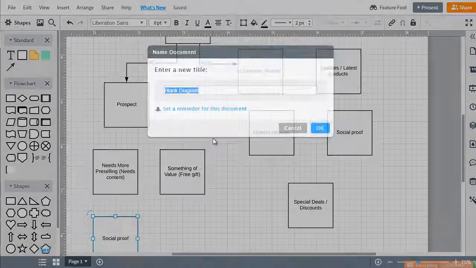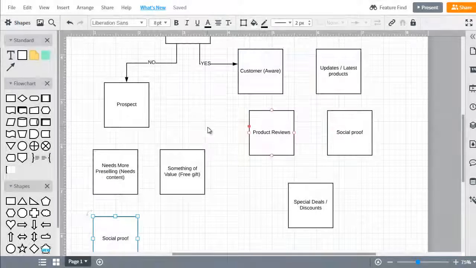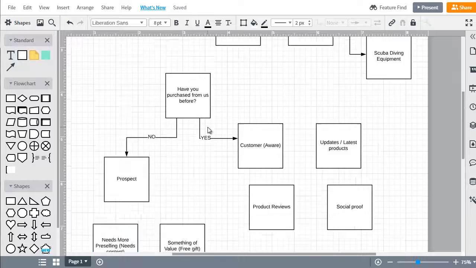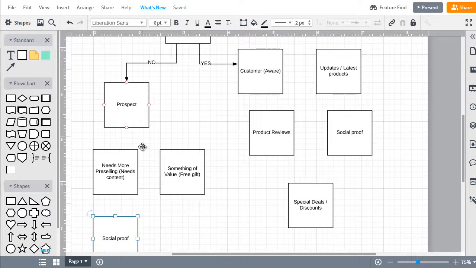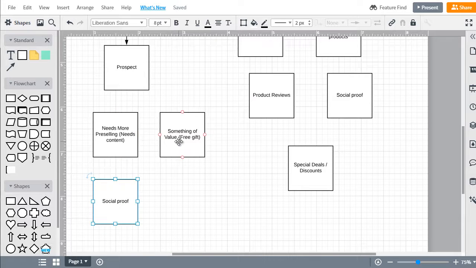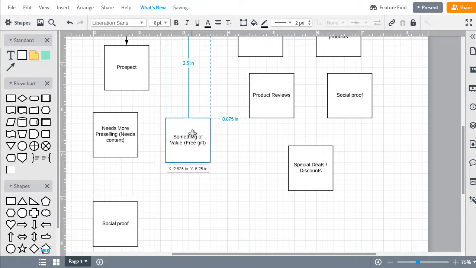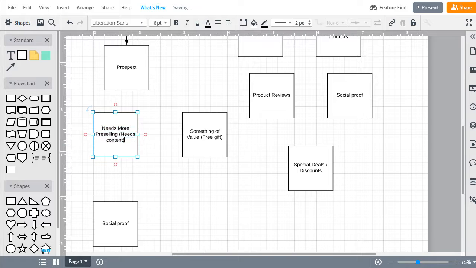So based upon this, we can then create some questions. So we have, have you purchased from us before? The prospects, they need more pre-selling. And the easy way to create questions is to take a look at your content, the content that is the most popular and the most demanded content that your prospects are asking you.